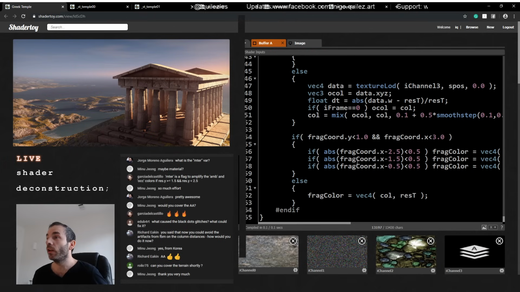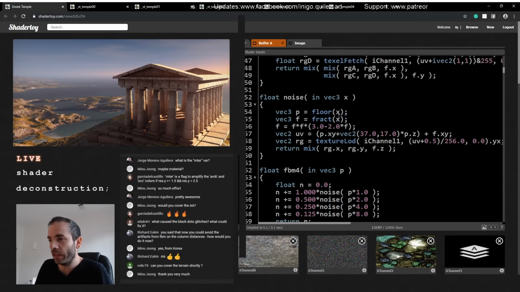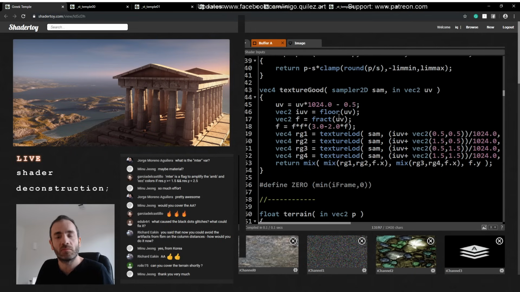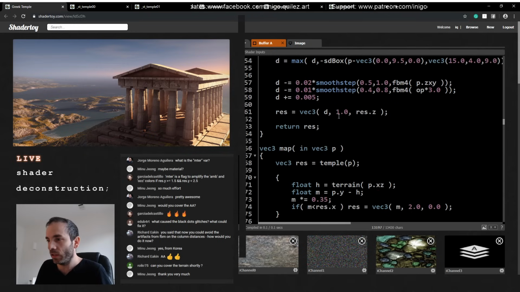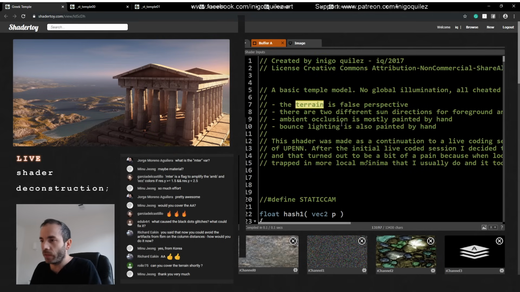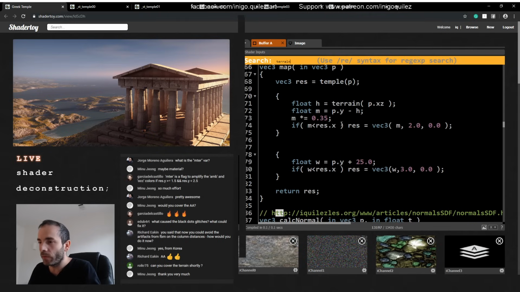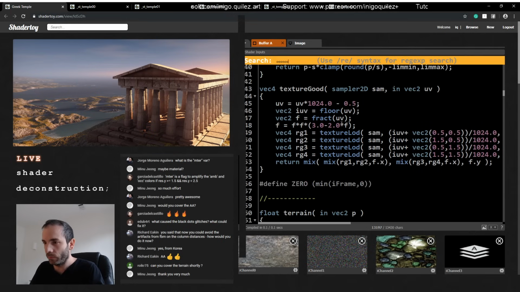Can you cover the terrain? Yes, the terrain, this one doesn't have much. Normally, as I said, I would create a procedural terrain with noise and FBMs and a few other techniques. But in this case, I believe it's straight texture. I think the displacement, the height map itself of the terrain is just, yeah, here we go, terrain. Let's look it up. If I remember well, it's just texture samples. So, well, first of all, oh, where is it? I lost it again. Sorry for all this. Okay, so